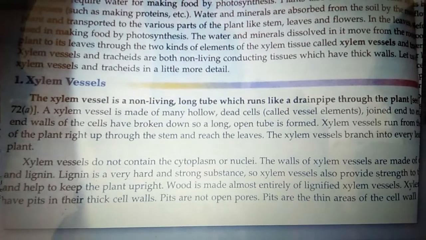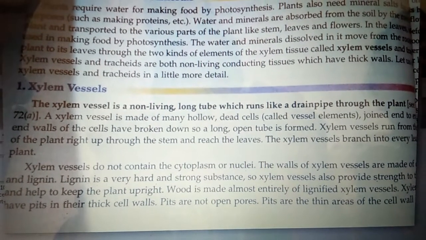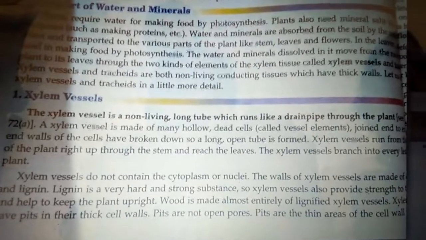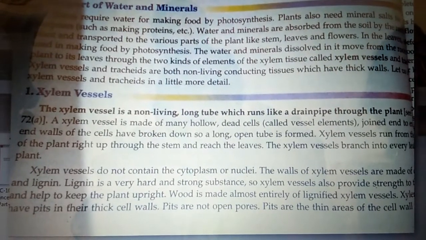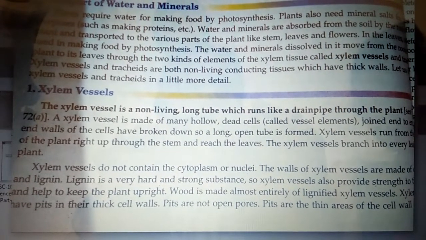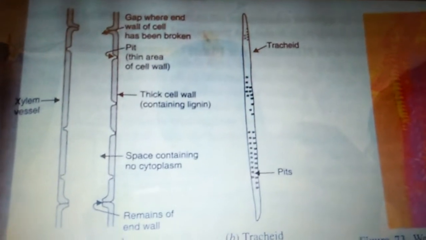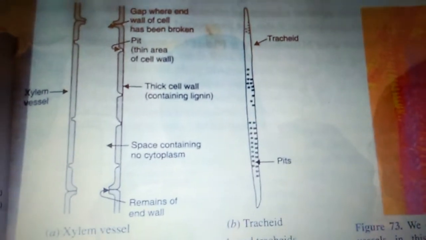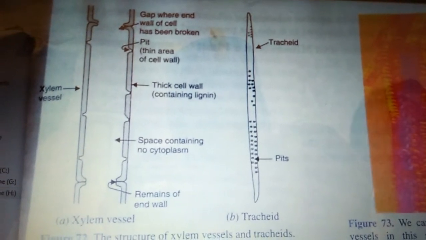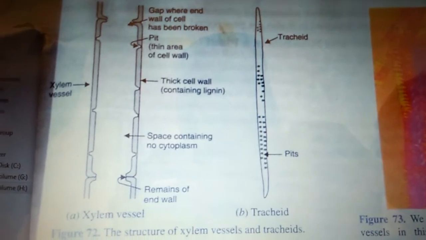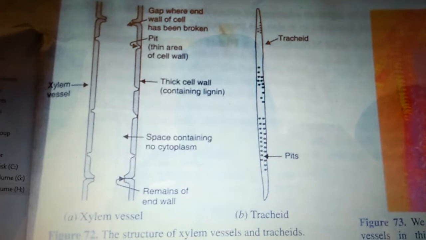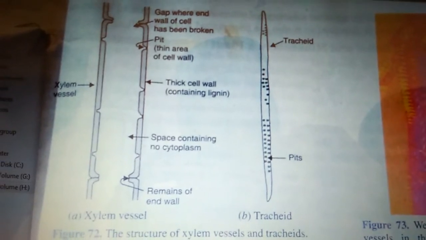Along with the conduction of water, they also give strength to the plant to stand upright. If the plant needs to stand upright, these xylem vessels give the strength for standing upright. So here we have two xylem cells. One is called the xylem vessel and the second one is the tracheid. Xylem parenchyma and sclerenchyma are also present, but they do not play that much role in the conduction of water. So the two main parts of the xylem are the xylem vessel and tracheid, which play the main role in the conduction of water.